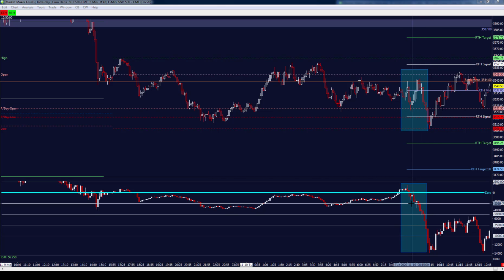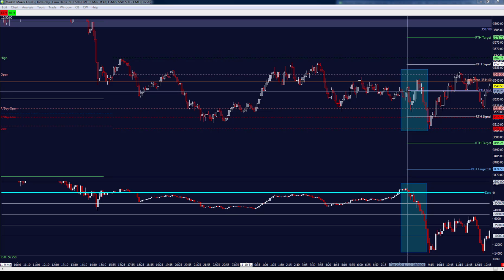I'm highlighting the cumulative delta down below, and that cumulative delta is measuring the aggressive buyers and aggressive sellers, meaning the orders that are hitting the market aggressively. You can see that we were above the zero threshold, meaning we were about flat in terms of the number of aggressive buyers and aggressive sellers. If you look here, the market rallies into settlement and begins this sell-off right into this area. The delta was beginning to turn,